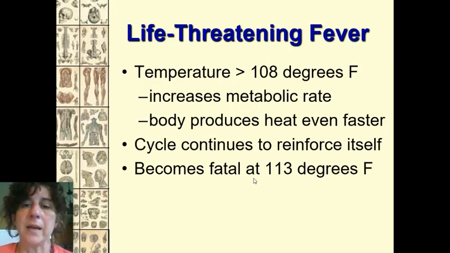Here's where positive feedback can go wrong, though. So usually you walk outside, it's hot, you're going to sweat, and you're going to bring it back down. Well, if you get sick, your body temperature is going to go above what is considered a normal range. It's necessary for that time period. You need to take it above normal, 100 degrees or so, because that is going to make it uncomfortable for the microorganism that has just infected you.